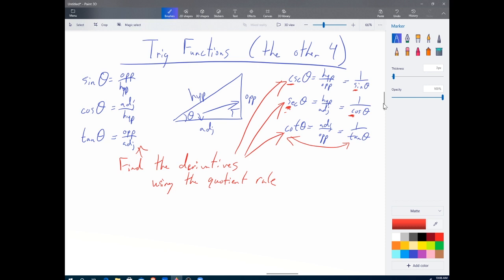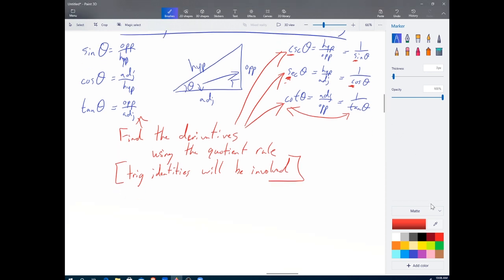And, spoiler alert, trig identities that we did at the beginning of the year will be involved. After we take the derivative, that is. So, I'm glad that we did spend some time with those, because I know that none of us last year